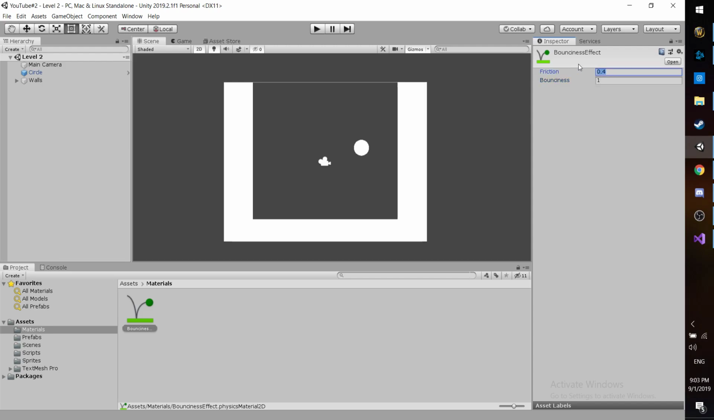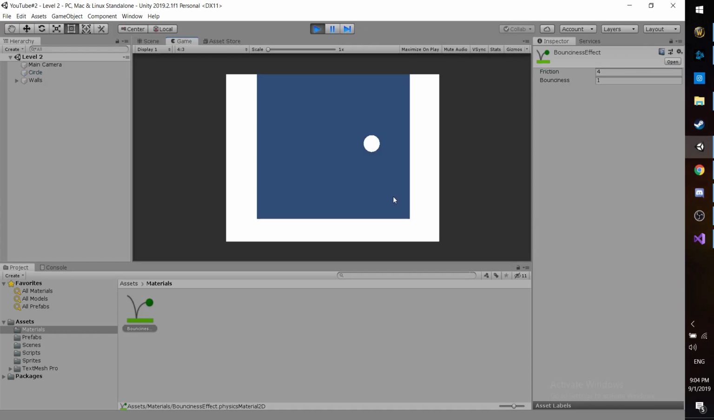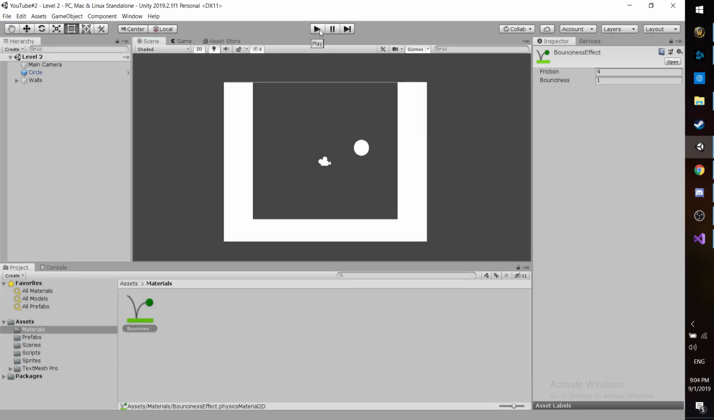Also, we could play with the friction. So if we just put, let's say, 4 and run, let's see what's going to happen. I don't think it's going to change much. Yeah, friction is basically what happens when it touches the collider, but we're not going to go into detail for that. I just wanted to introduce you to materials, and basically the main thing was how to make something bounce,